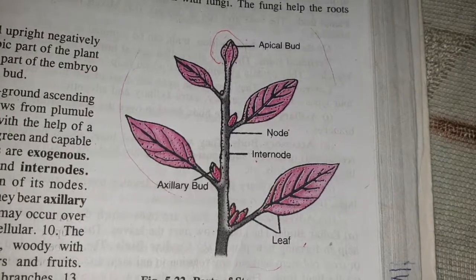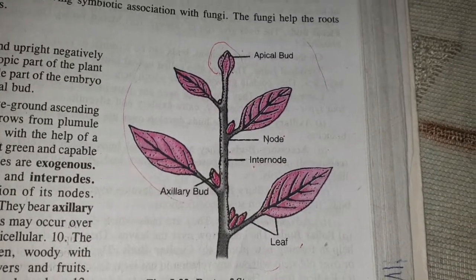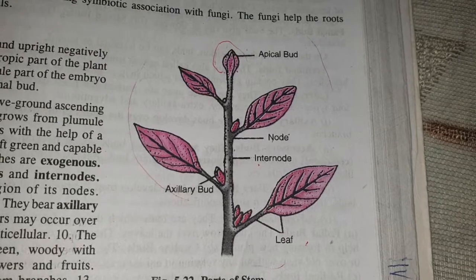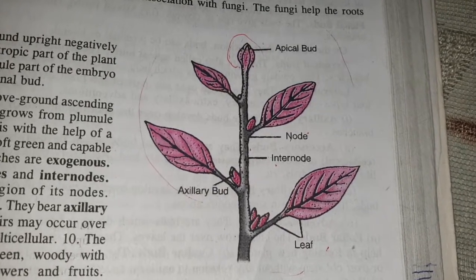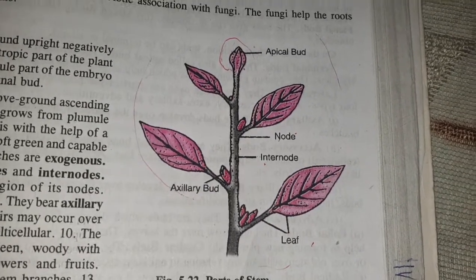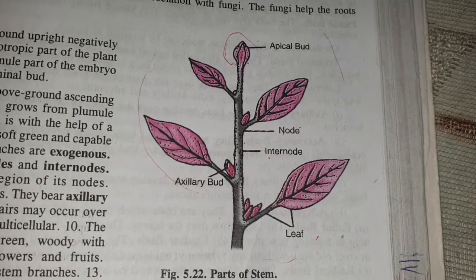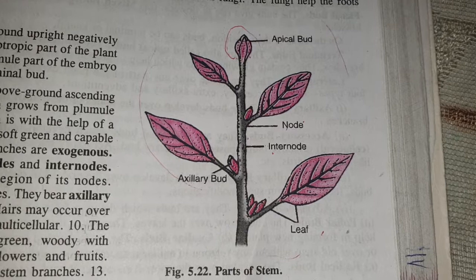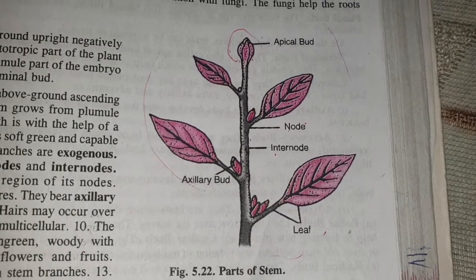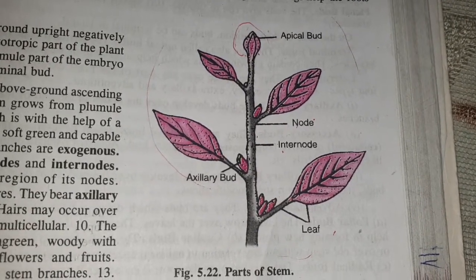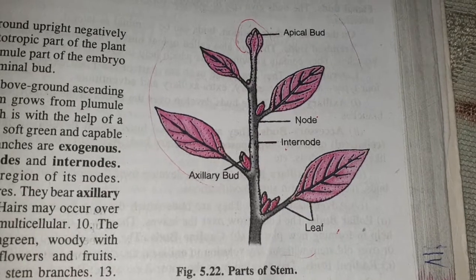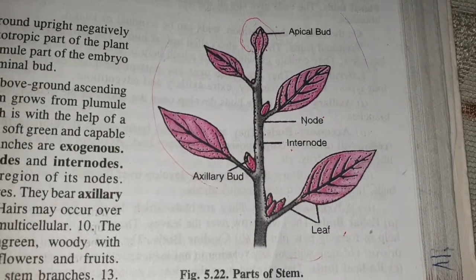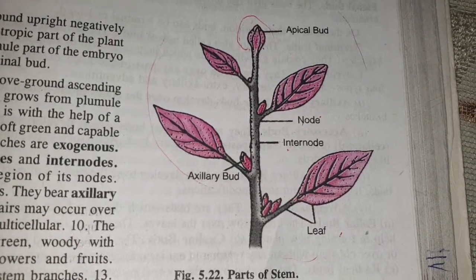Hello everyone. So today let's discuss the next topic, that is the stem. Okay, the continuation of the morphology of flowering plants. So this is the second morphological structure that we are going to study today. When we are studying about the stem, that is the shoot system, it emerges from the plumule, that is called the future shoot.